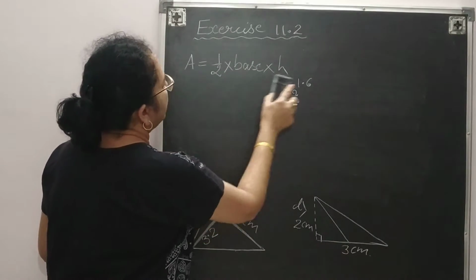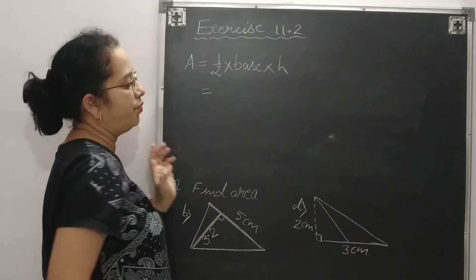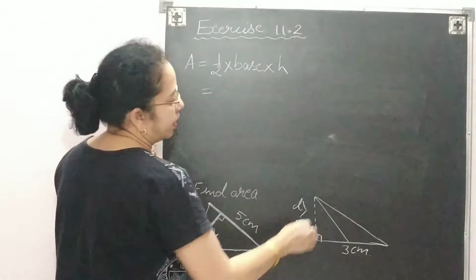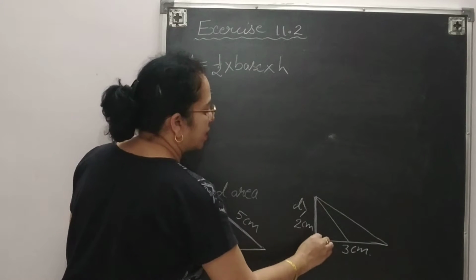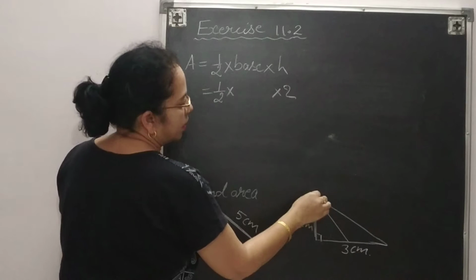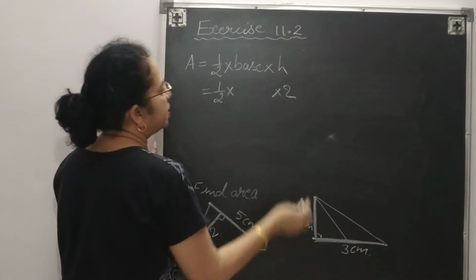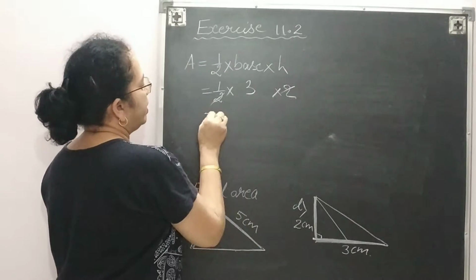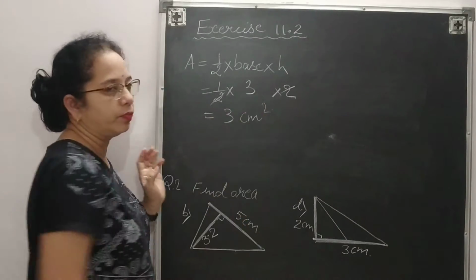Now I am solving D sum. Again your formula will be same. A is equal to half into base into height. This is your obtuse angle triangle, and this is the height. This is 90-degree sign, you can see. So this is the height. So write down in place of height 2. This is perpendicular on this line. So this is 3 centimeter. So base will be 3. This 2 and 2 will get cancelled. So your answer is 3 centimeter square.